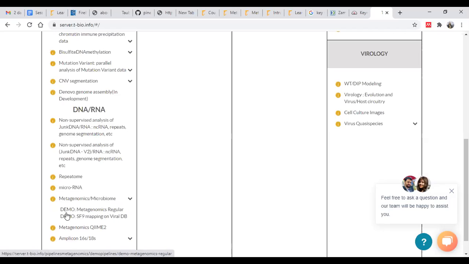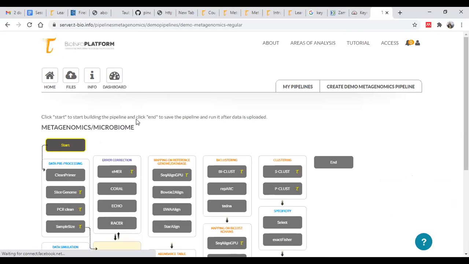As this is the demonstration or project pipeline, we have already uploaded one particular sample. If you click on this, you will be directed to this page, metagenomics or the microbiome.